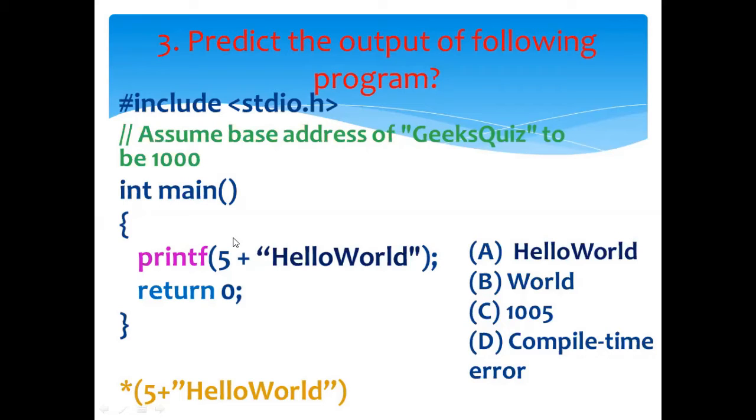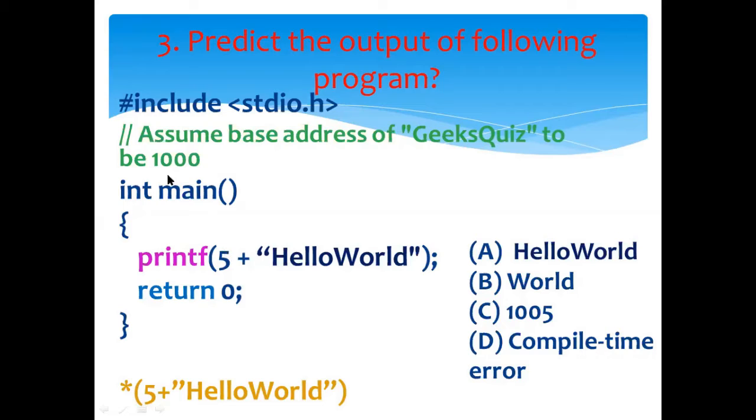The compiler adds 5 to the base address of the string. Assume the base address of the string is 1000. So the compiler just adds 5 to the base address, that is 1000.